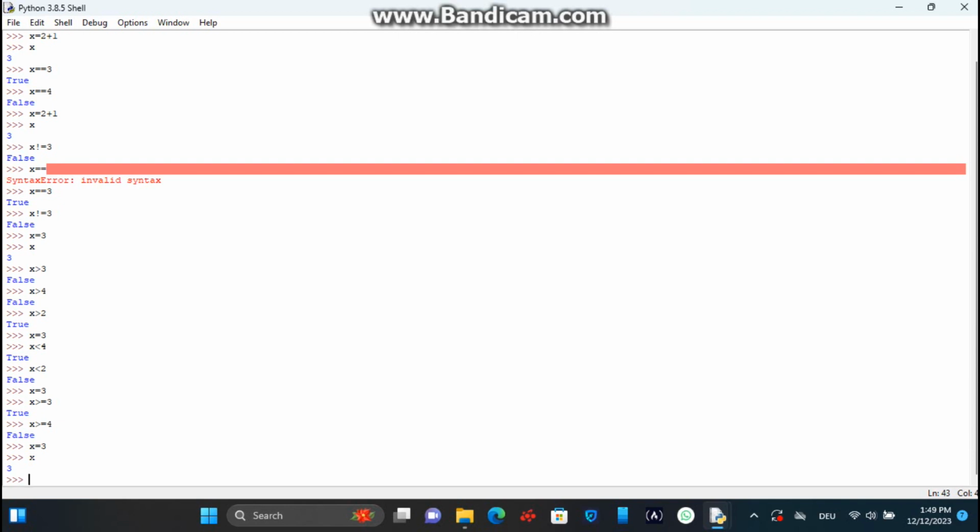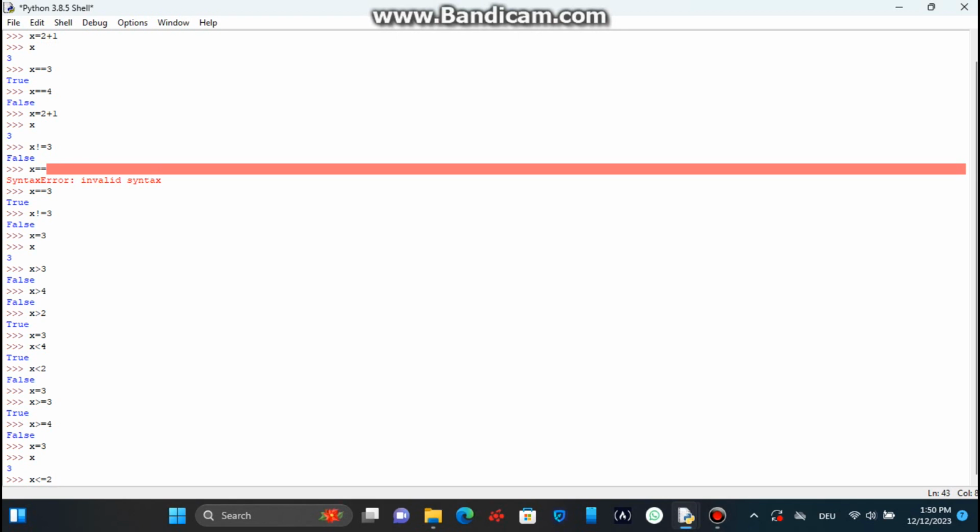Now we want to see if x is less than or equals to a value. Let's say x less than or equals to 2. X is equals to 3. We want to see if 3 is less than or equals to